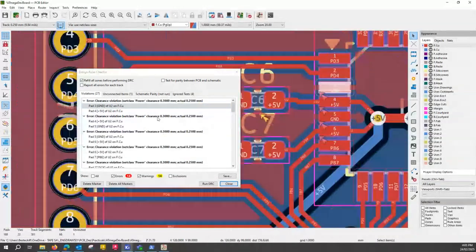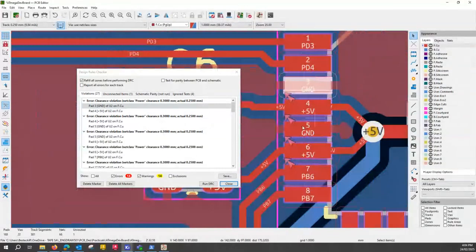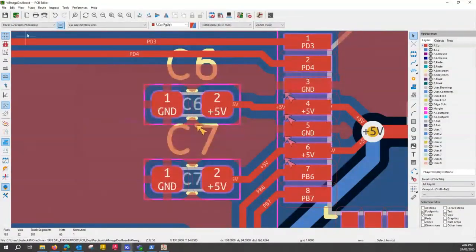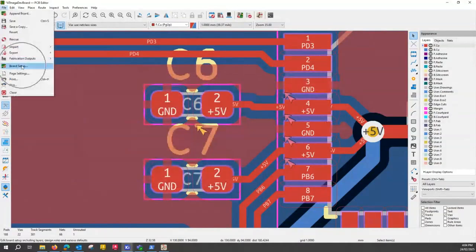what happened is that our 5 volts has a larger keep out area. So 5 volts, this little line there, a larger keep out area, and basically those pads are too close to each other for that setting. So we have to modify this setting. So what I'll do is I'll just close this, go to File, Board Setup,